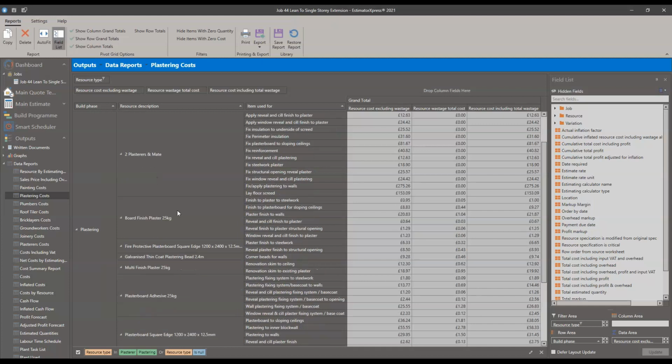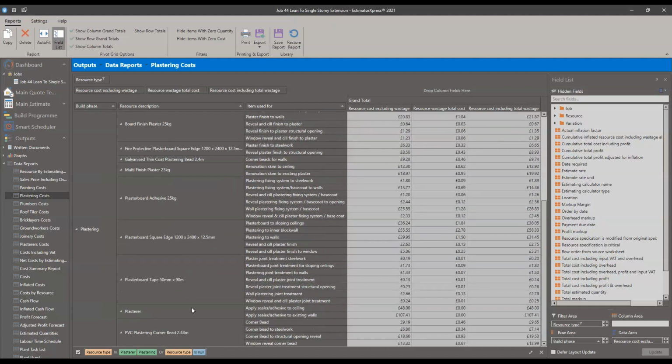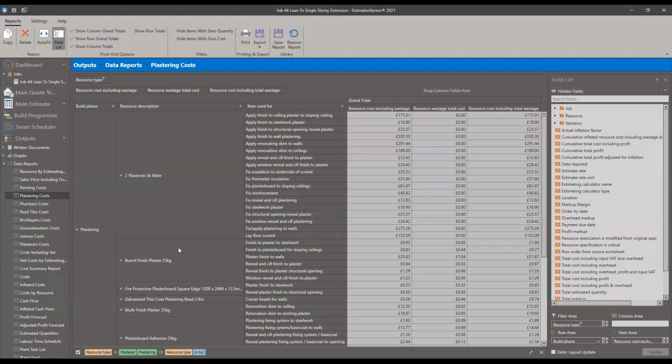I have 2 plasterers I make, board finish, multi-finish, plasterer down here. So it's mixed and matched all the labor and plant together. So what I'm going to do to make this a little bit more effective